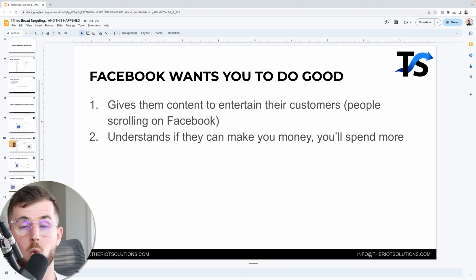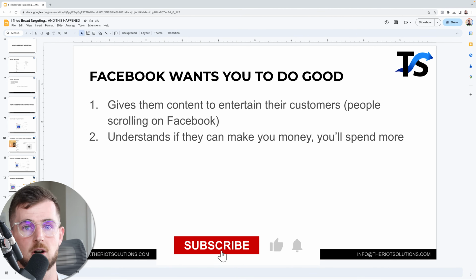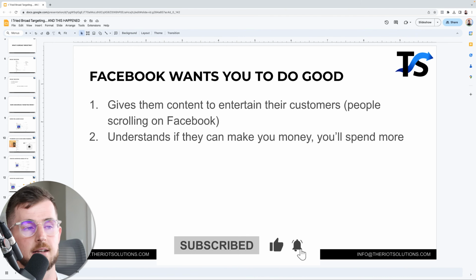Now, Facebook wants you to do good. I think a lot of people have this misconception that Facebook is evil and doesn't want you to succeed. Facebook knows that it needs advertisers like us to give them extra content. Let me rephrase that: Facebook needs us because we are the advertisers that make Facebook money. And Facebook knows that if an advertiser is not performing, they're going to pull their money back. If they pull their money back, Facebook's going to make less money. So Facebook automatically wants us to do good because if we do good, we're going to spend more money. If we spend more money, that makes Facebook happy. It allows them to pay their light bill, pay their employees,